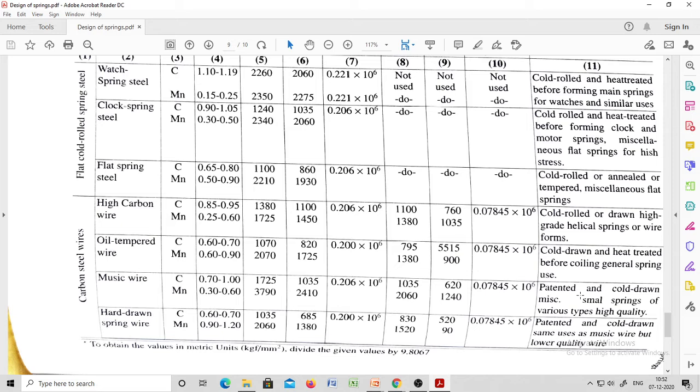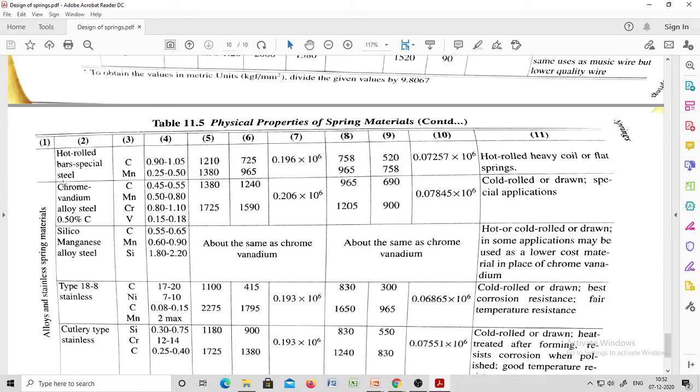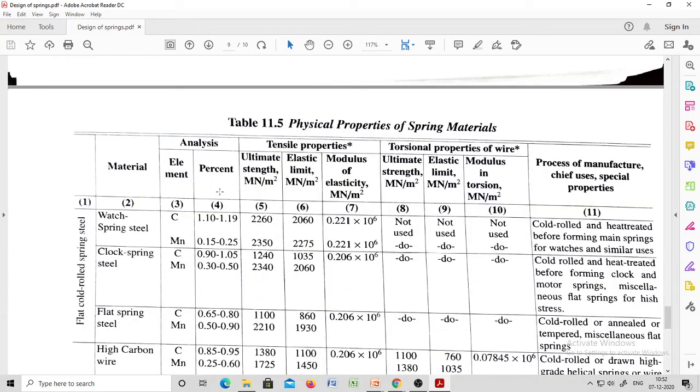No. Let us assume they have gone for chrome vanadium steel here. Okay. Let us go for chrome vanadium alloy steel. So now we'll go for 1380 as the ultimate strength here.